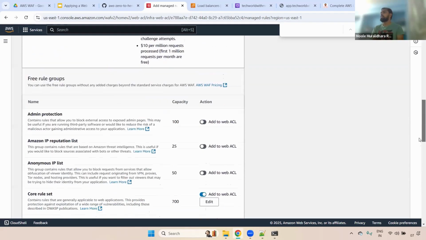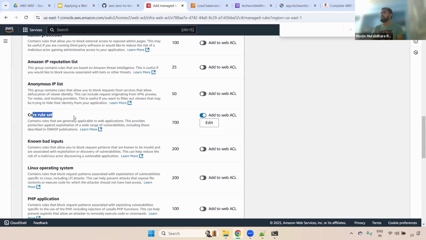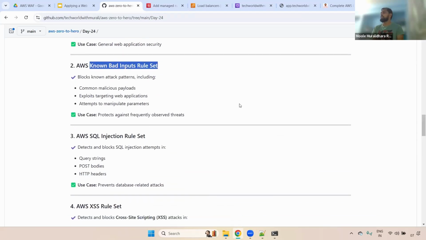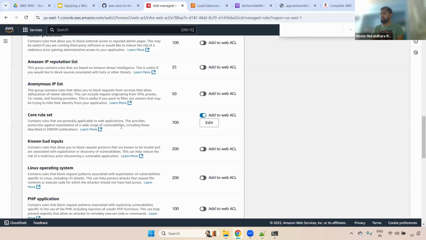Remember, it is not only the core rule set, we do have multiple things. As I said, here we can see the known bad inputs rule set. Here we can see what things it will cover, and also the SQL injection rule set as well. And here you can check that SQL one, SQL